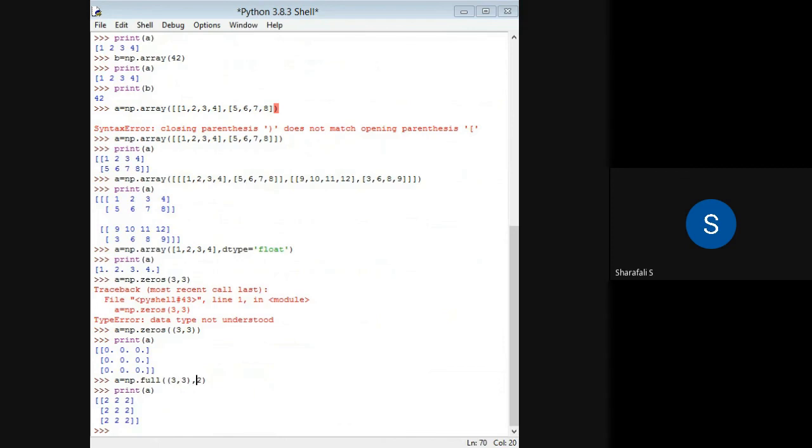Also, you can use many other techniques. For example, you can consider other data types also, such as complex or float values. You can check here. I'm not going to discuss all of them, I'm just giving you an introduction. Here we'll be considering np.zeros as well as np.full. Similarly, you can use different functions to create arrays.